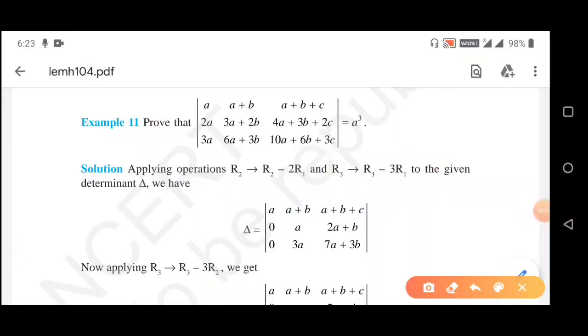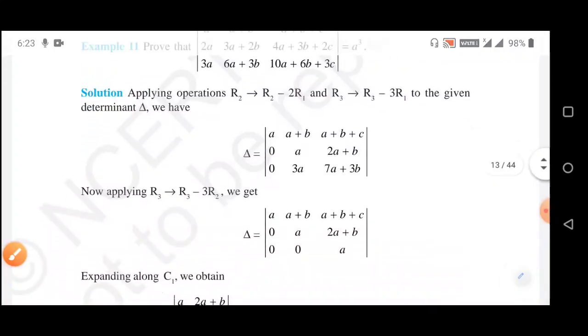Here you see, applying this operation, our R2 will change. Now in a single step, we cannot use another operation using R2. So here they have used R1 and R3. So in this way you can use two operations in a single line. So after doing this operation, this is our